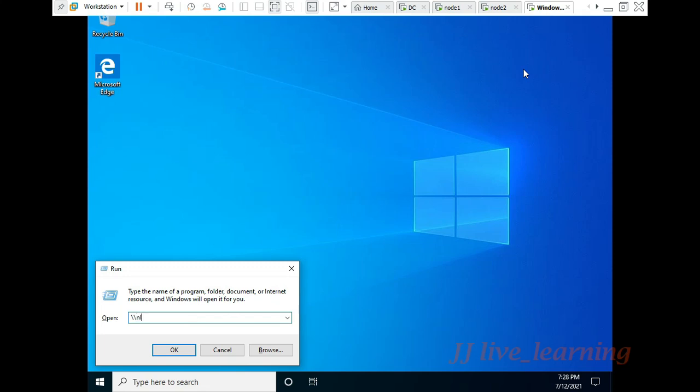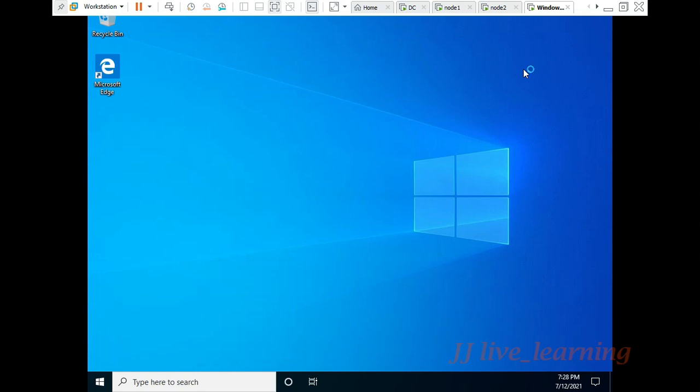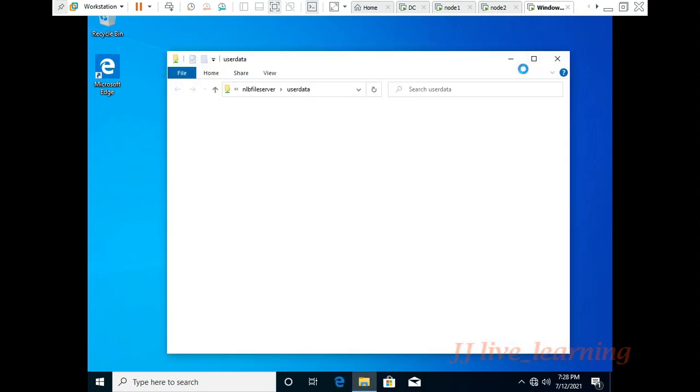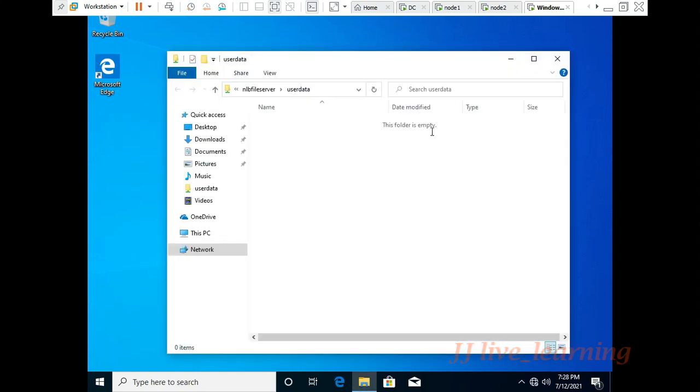Now go to the client computer, just give the path nlb file server /user data. The share folder will be replicated from node 2 because the ownership is present on your node 2, not in node 1. So whatever data you put in your user directory will be stored on node 2.